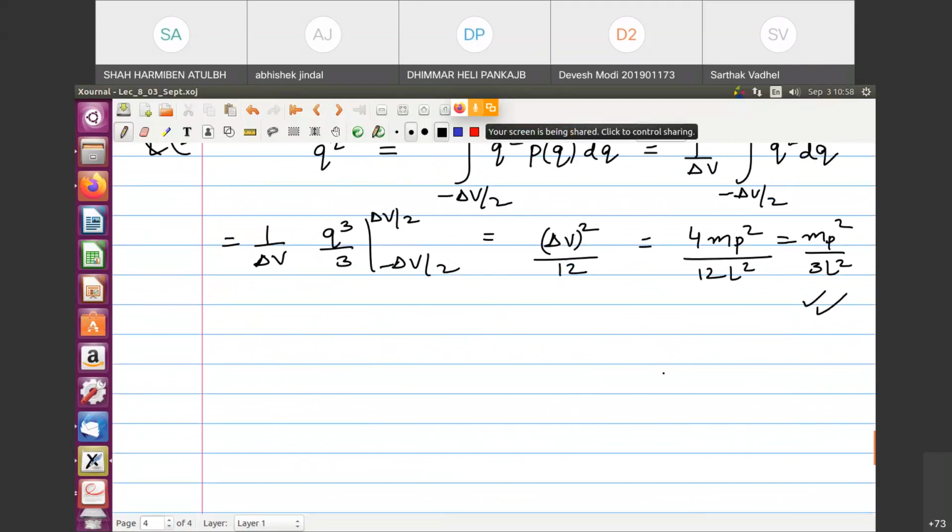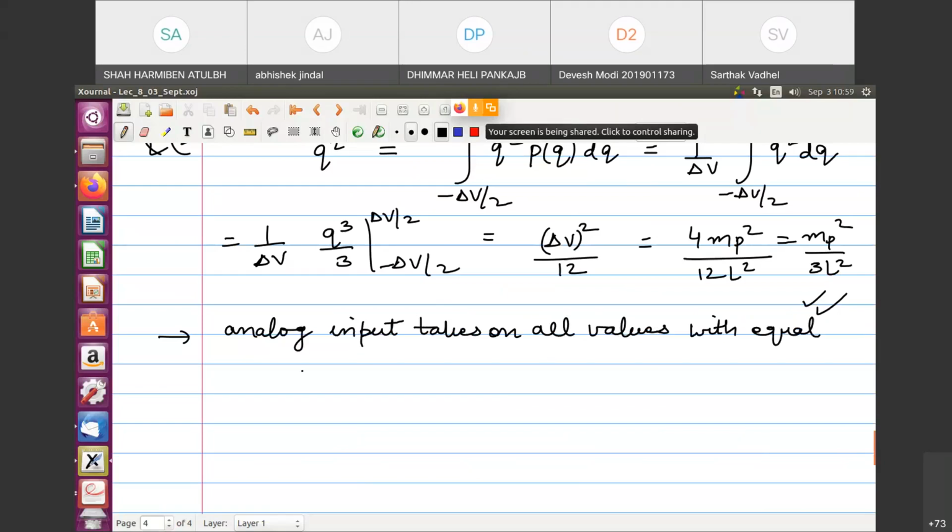Condition means that in what cases we can say this. So for it, we need to have a thing like that the analog input takes on all values, let us say in the range minus MP to MP, with equal probability. Equal probability. And another way to say this is